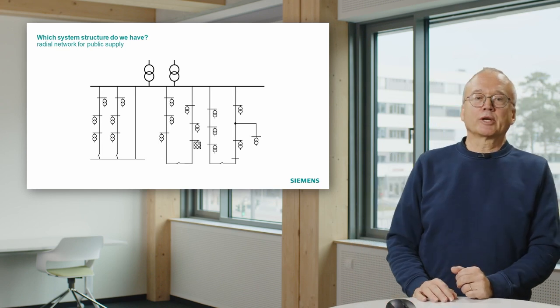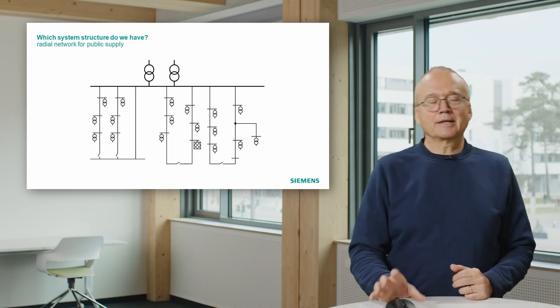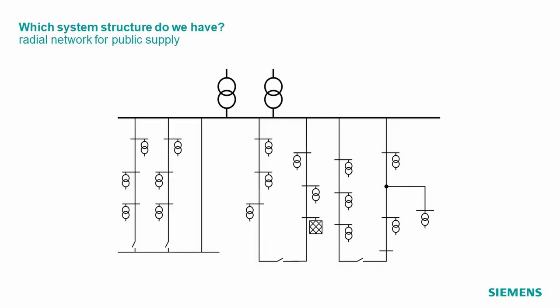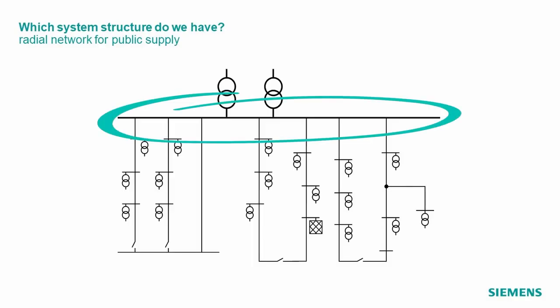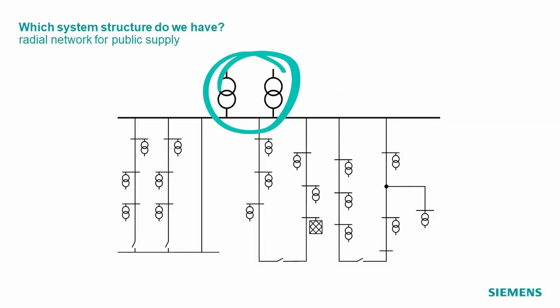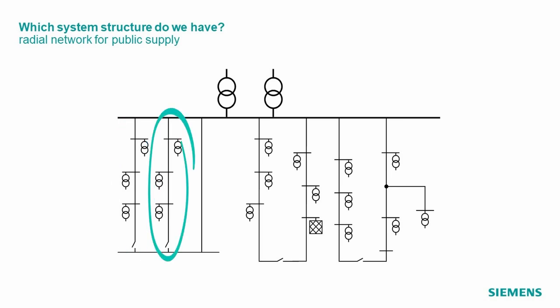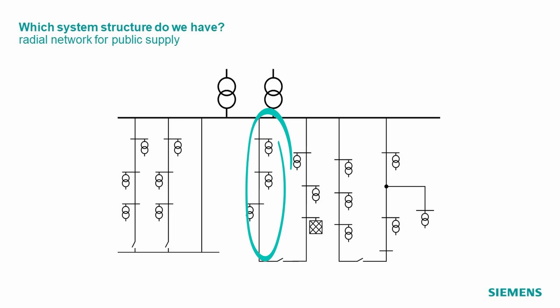Another type of network is shown here. That is a typical network we often find in distribution systems. We have one bus bar, which gets its energy from in-feeding transformers. And then from the bus bar, we have so-called radial feeders. That means feeders with different substations, transformer stations in between. And these transformers transform then down from